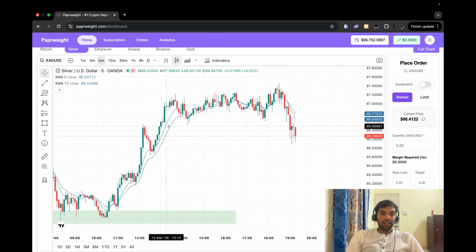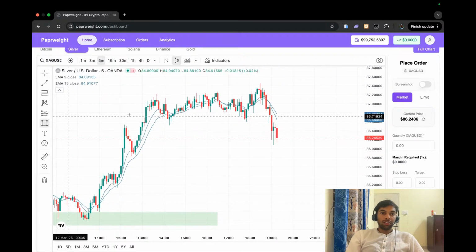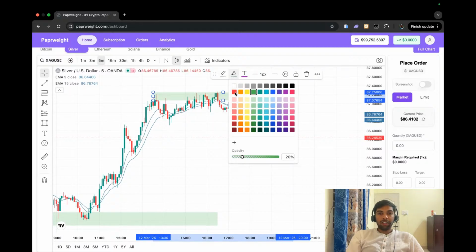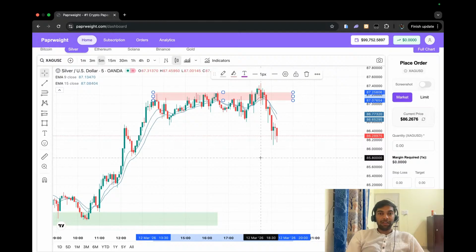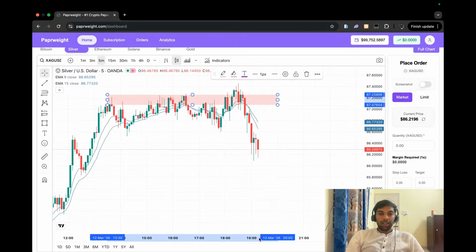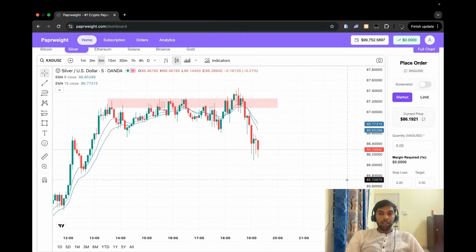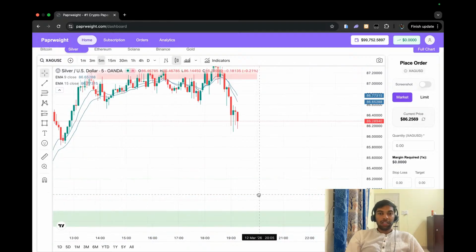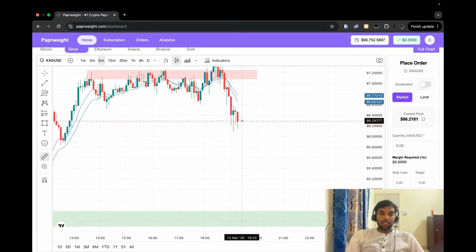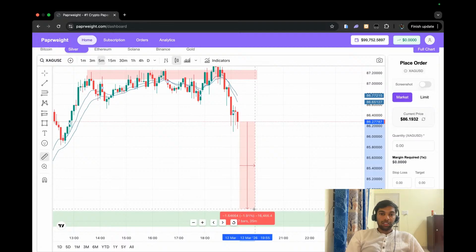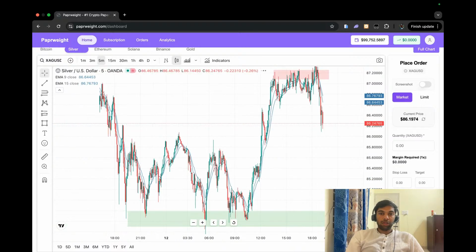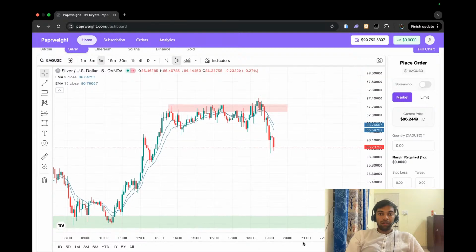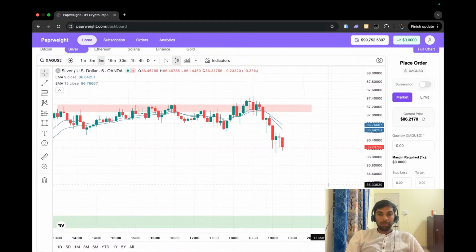So after this buying, the market consolidated a lot. This is the consolidation phase in the market. So these are where the sellers are getting active gradually. And now the possibility is that the market may touch this buying area again. So this is the buying area that the market has potential to touch. So we have to be a little bit careful in punching the orders.